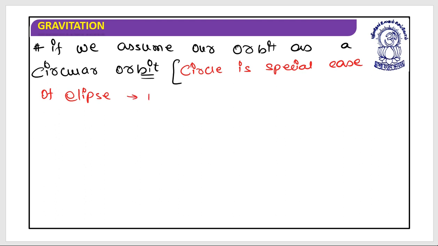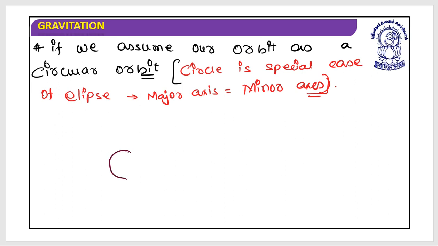So if your major axis is equal to the minor axis, that means it is not an ellipse, now it's a circle. So let's suppose my orbit is a circular orbit. If this is the situation, then